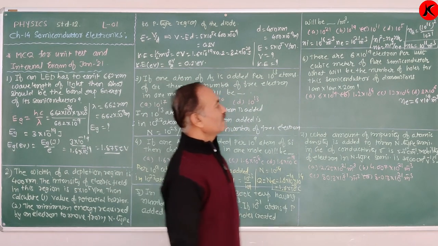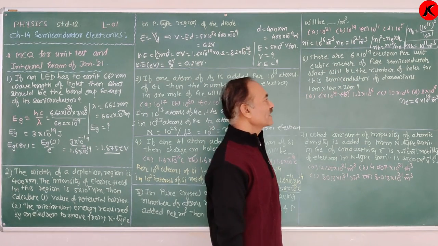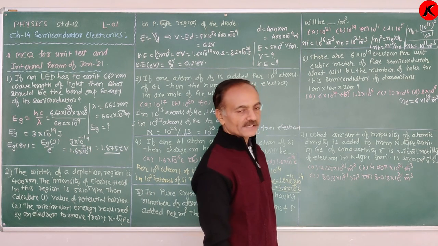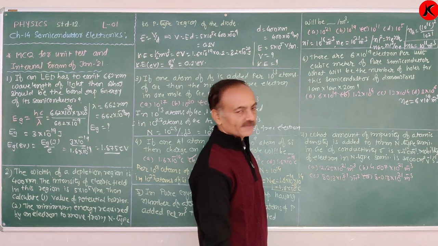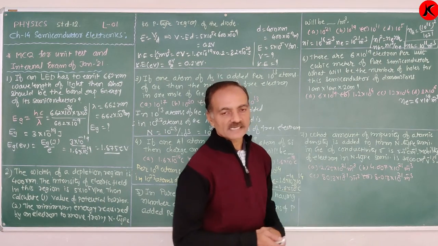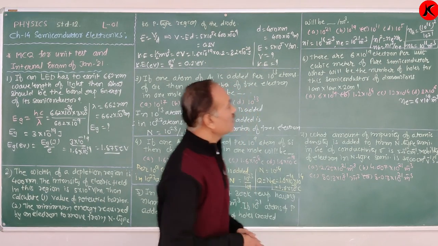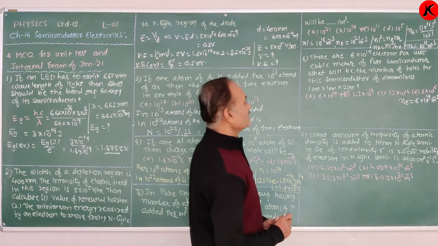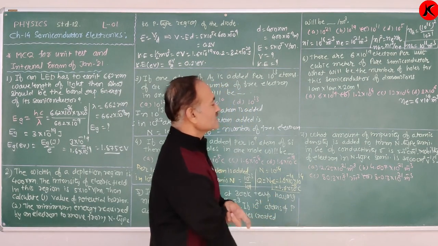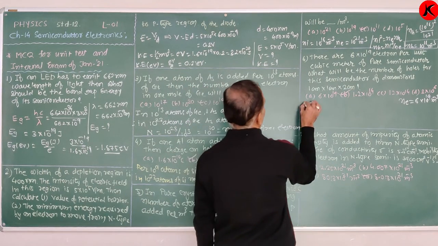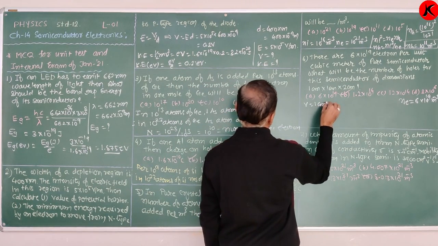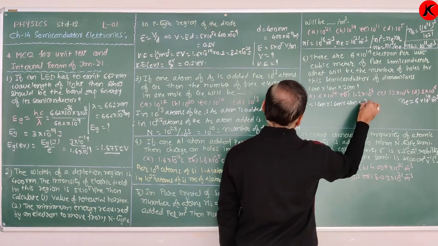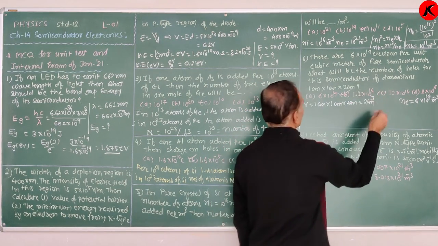What will be the number of holes for this semiconductor of dimension 1 centimeter by 1 centimeter by 2 centimeter? That means the volume is given. So what is the total number of holes? Now, in a pure semiconductor, first we find out the volume. Volume is equal to 1 centimeter into 1 centimeter into 2 centimeter, which is equal to 2 centimeter cube